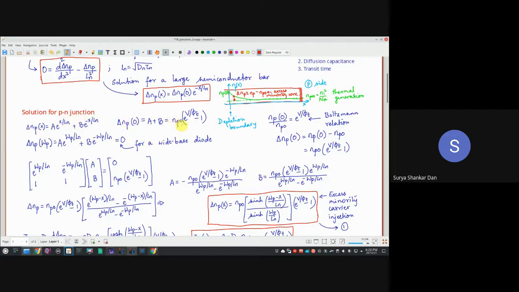So A plus B is equal to, this is something interesting. Where did this come from? Here we will apply the Boltzmann relation. Remember, in this course you will notice that I am not teaching anything which is unnecessary or not related to the course itself. In semiconductor statistics, I taught about the semiconductor Boltzmann relation. You can go into that class and see we have derived such an equation there.